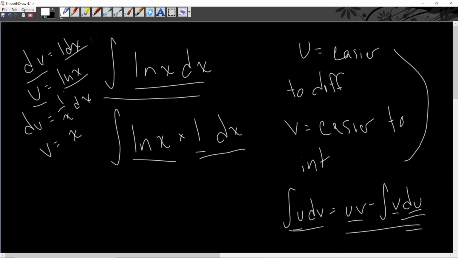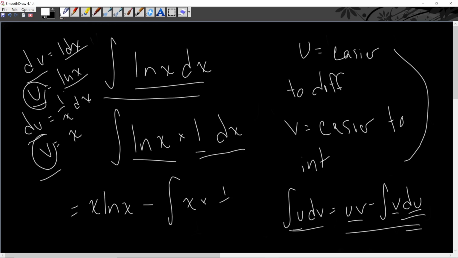We have uv, so u and v, that's going to be x ln x minus the integral of v du. So the integral of x times 1 over x dx, right? And we simply cancel out our x's, and we're left with x ln x minus the integral of 1 dx,